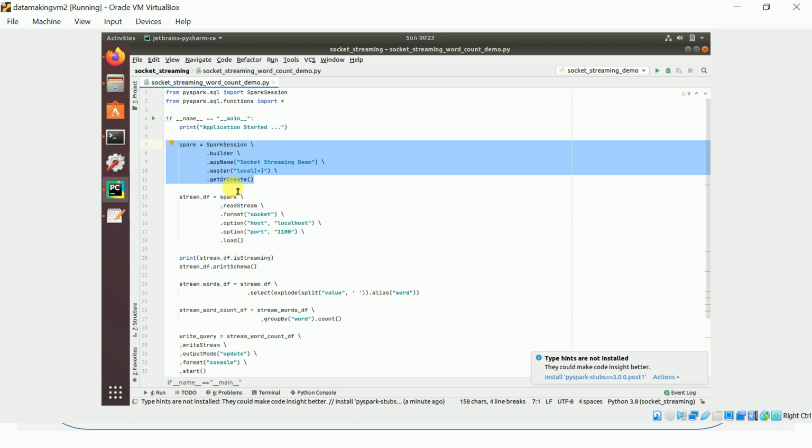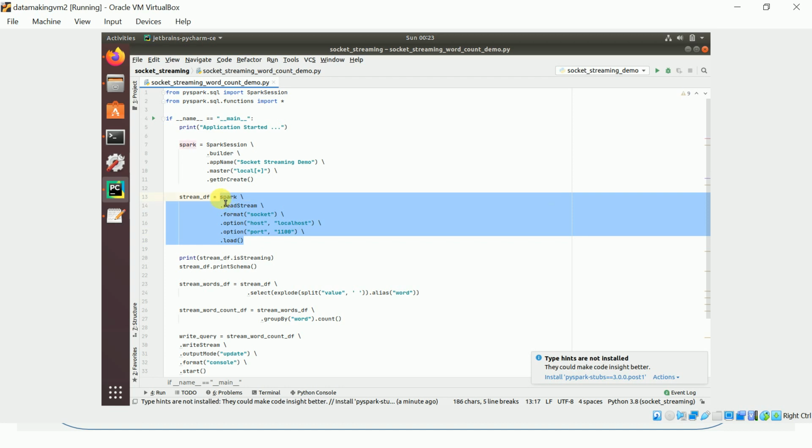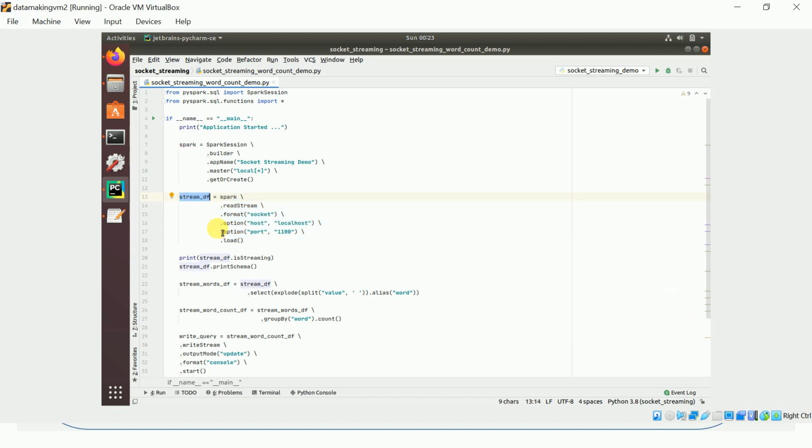First, as we know, we need to create a Spark session object. We just created it, and then we are creating a stream data frame by listening to the socket source. Basically, at localhost on port number 1100, we are reading a live stream of data and creating the stream data frame.